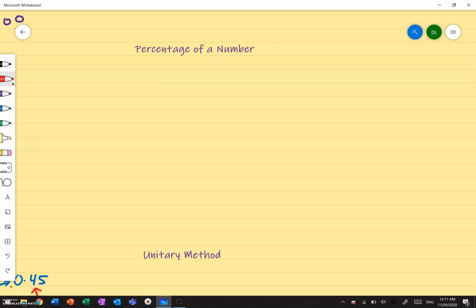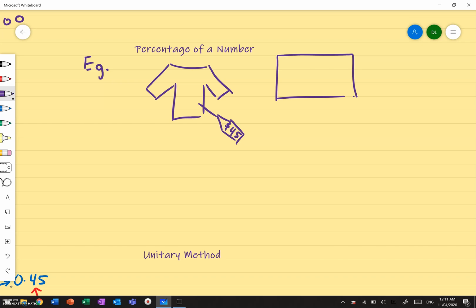Let's move on to percentage of a number. Now this one gets a little bit more difficult. Let's say I have a product, I've got a t-shirt here. It's an amazing drawing. Let's say this product is $45. Now the store has a sign outside and it says,